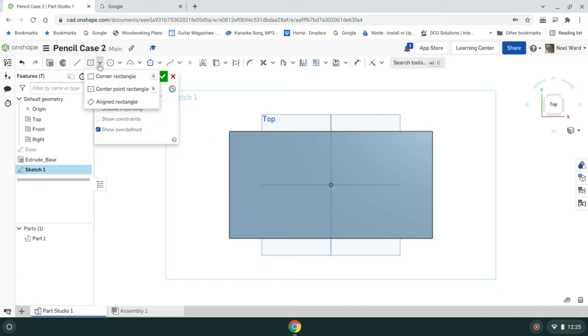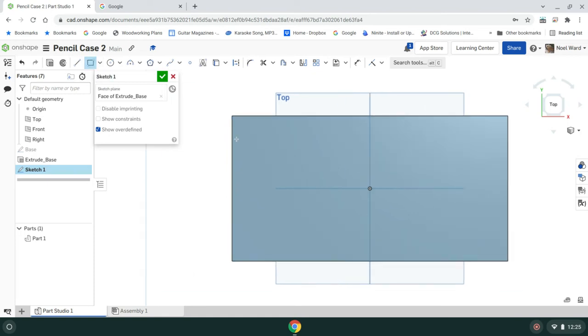You see the corner rectangle, the center rectangle aligned. I'm going to go corner rectangle, I'm going to click in here. I'm just going to draw a rectangle which is in line with that. I'll just do that again. So I'm going to pick that. Once I hover over this here, you can see the coincident symbol has come up and is coincident with that